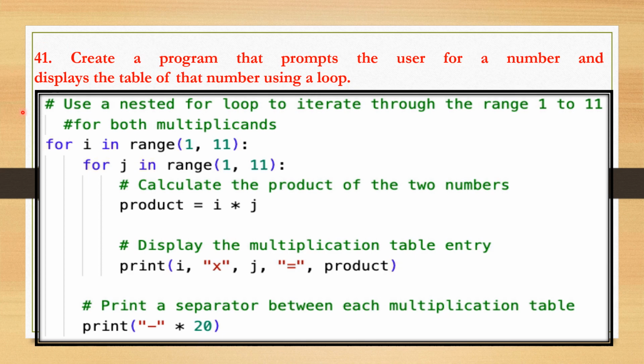So here we will use a nested for loop through the range 1 through 11 for both multiplicands i and j, and this range includes numbers from 1 to 10 as the upper limit 11 is exclusive. So inside this nested loop, we calculate the product of two numbers i and j and store it in the product variable. We use the print function to display the multiplication table entry in the format i into j